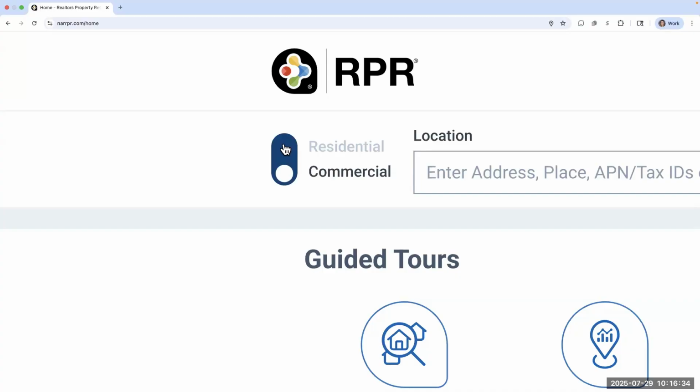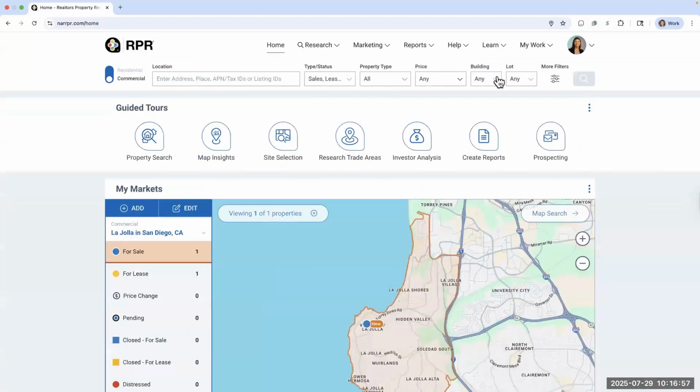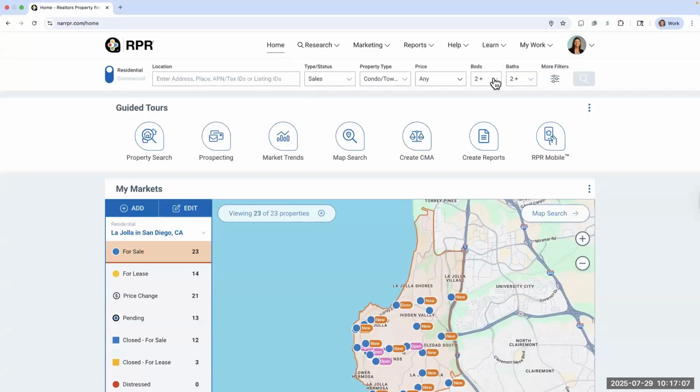So depending on what you use, if you are primarily a commercial broker, once you set it to commercial, it will stay commercial from that point on unless you toggle back. If you are both a residential agent and commercial agent, you'll know as soon as you start looking for bedrooms or bathrooms, you will not see that. So that's kind of your trigger that you're going to want to go back to residential